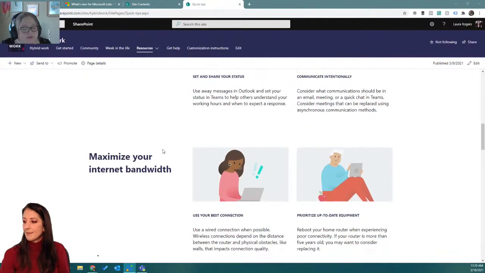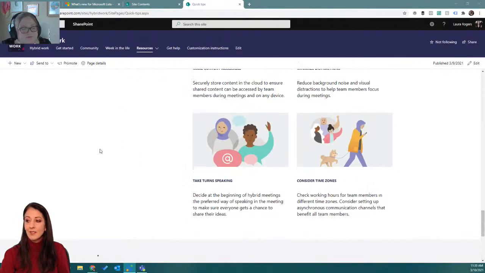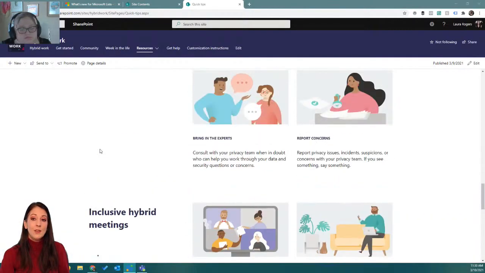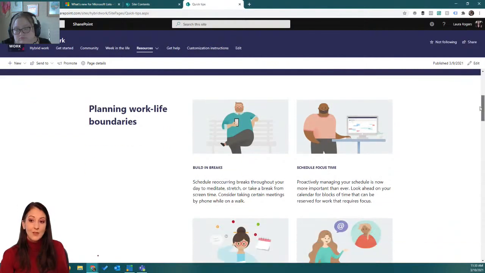Yeah, you'd have to play around with it a little bit with the format. So this page has a lot of this. It has to do with educating people on tips on how to work from home, work-life boundaries,